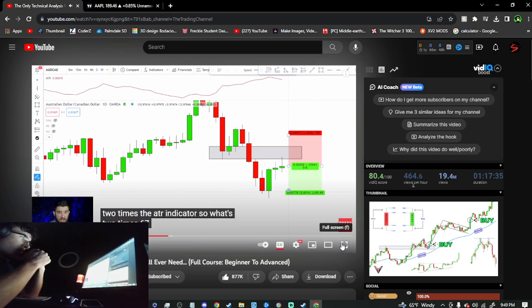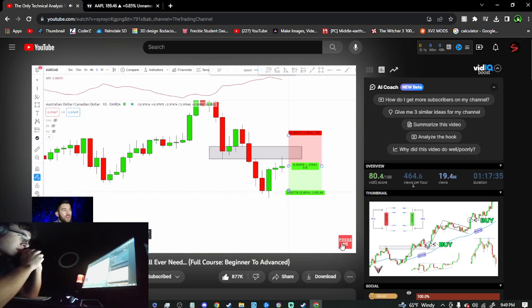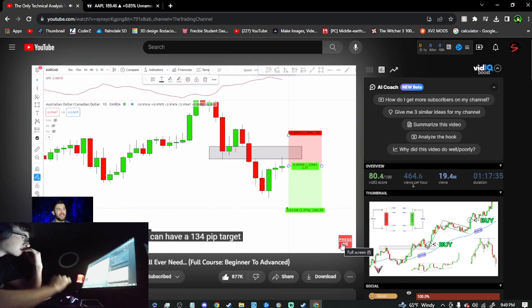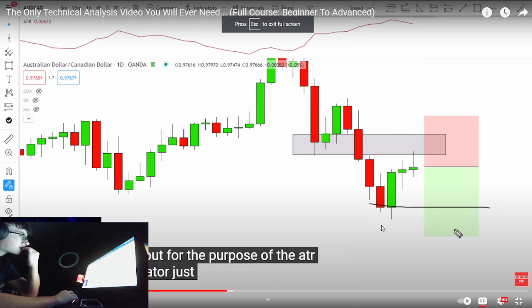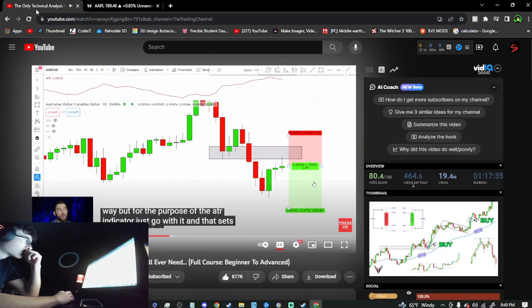So what's 2 times 67? 134. So now I can have a 134 pip target. And again, this would work better if there wasn't a level of structure in the way, but for the purpose of the ATR indicator, just go with it. And that sets me up with a 1.4